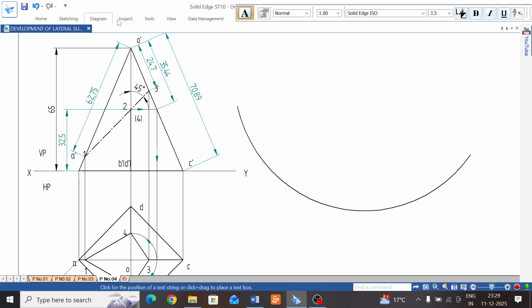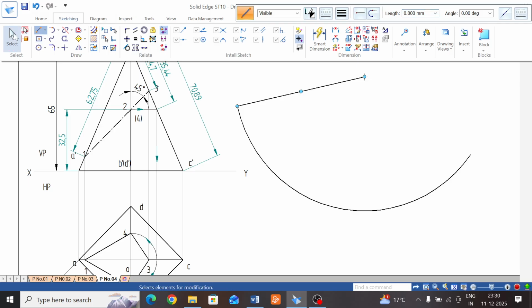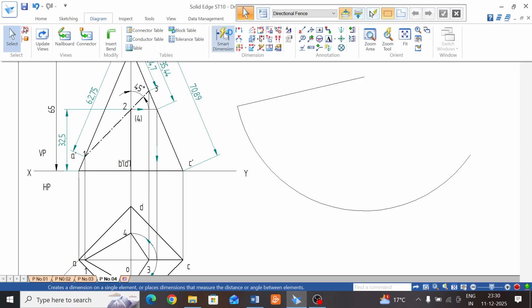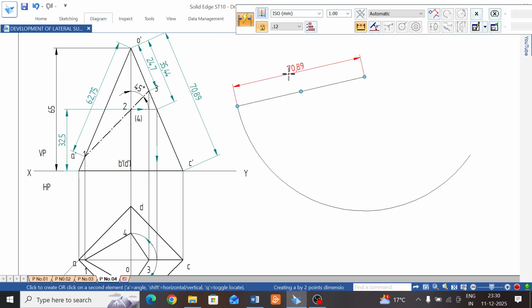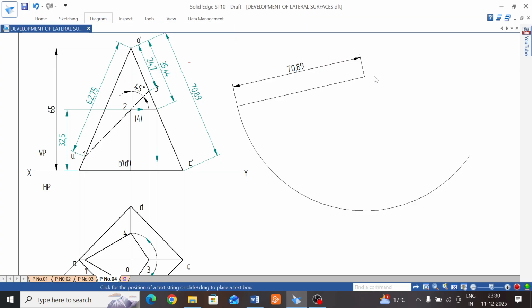The O point is. Now join those lines, those O to end point. Okay, from this point to O point, this is the O point. This line must always be a thin line, don't select thick line, this must be thin line. Okay, this length is O dash C, it is 70.89. Select this small dimension, show it 70.89, and now name the point. This is O, this is O,